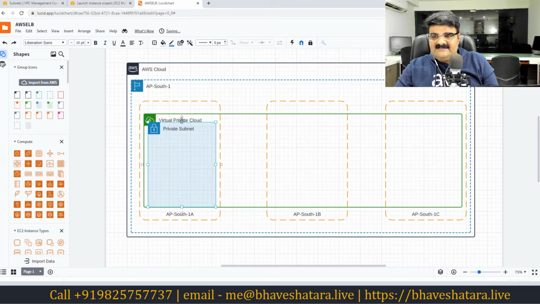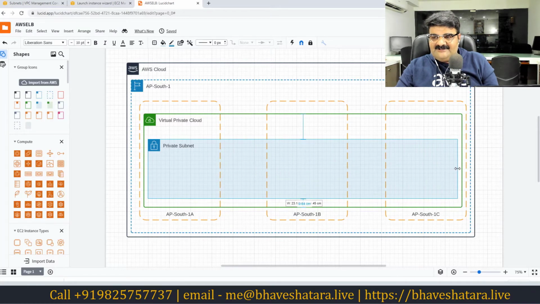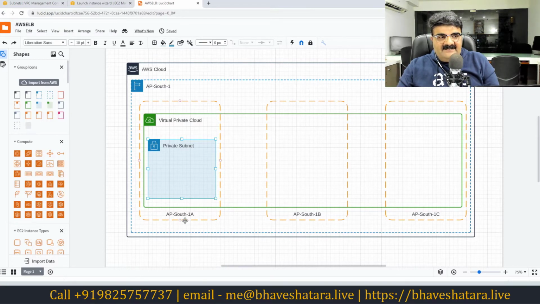Now keep this in mind: a subnet cannot span multiple availability zones. This is not possible. A subnet is limited to that particular availability zone, and whenever you are creating a subnet you have to specify the availability zone.